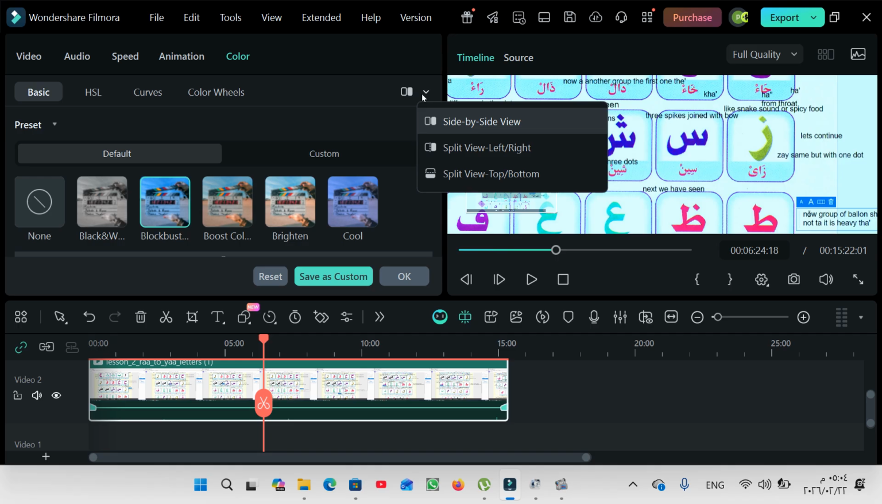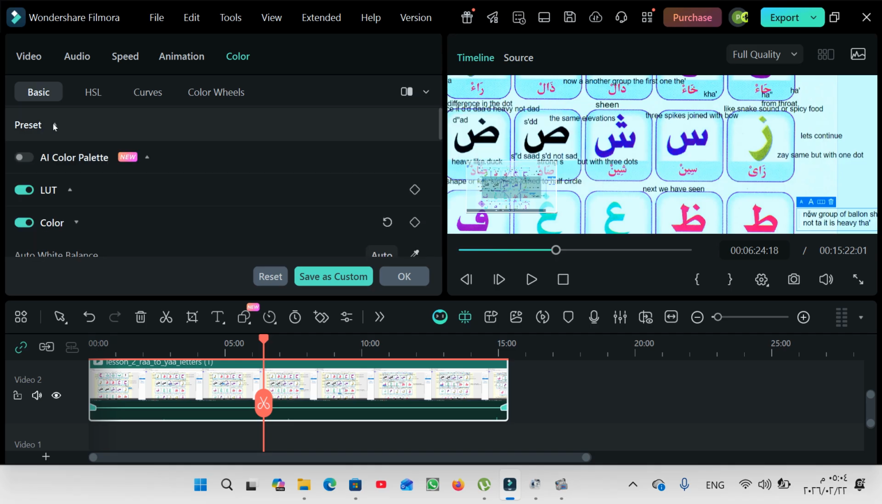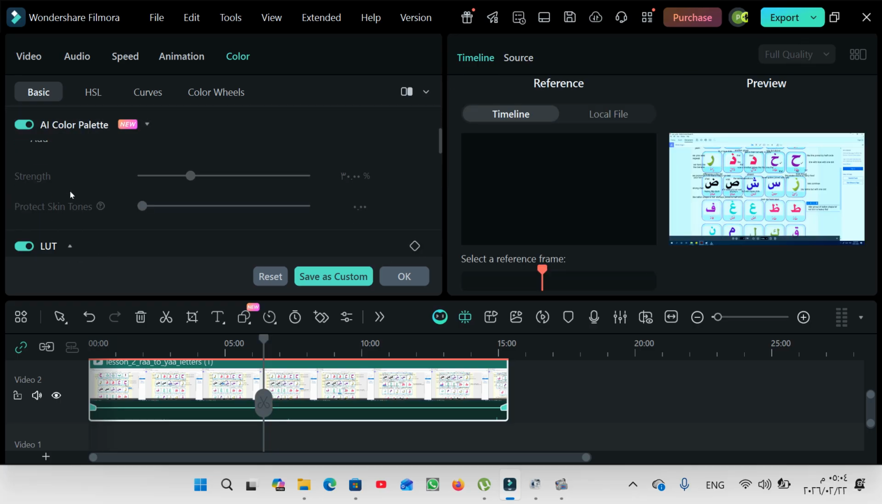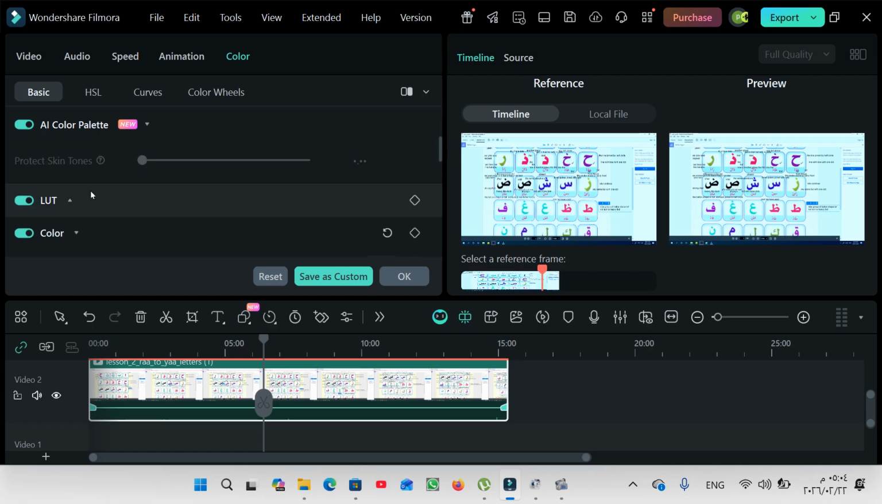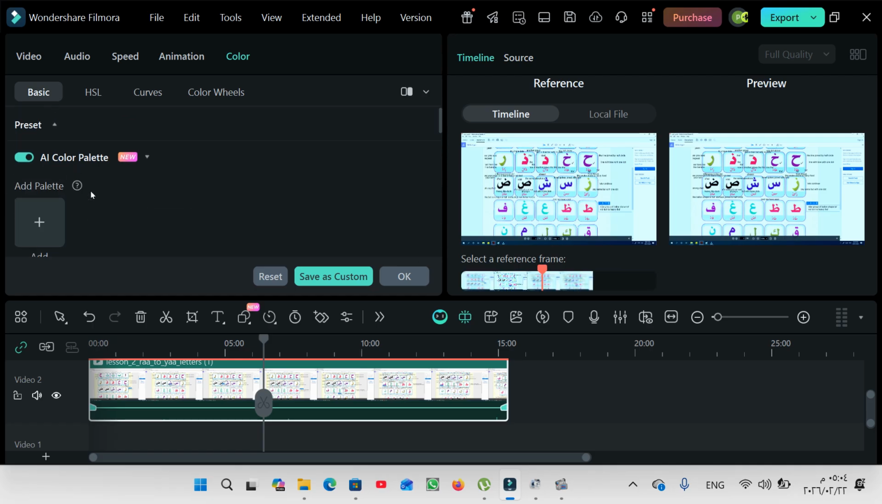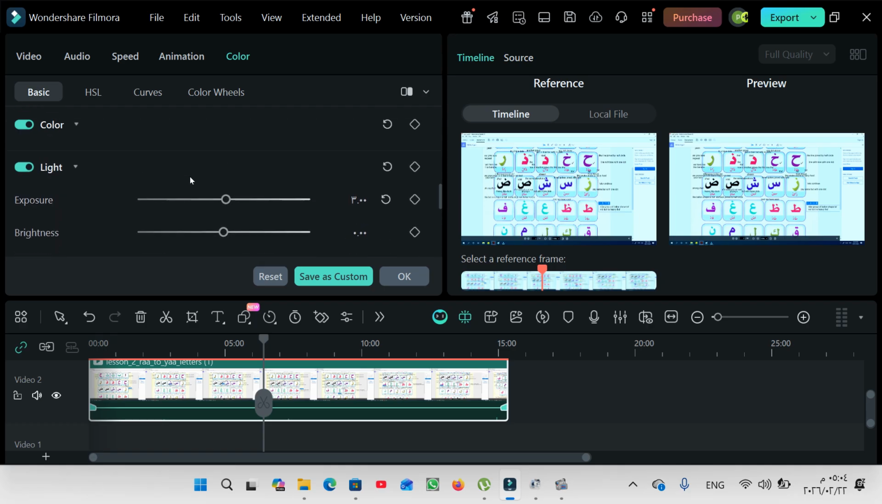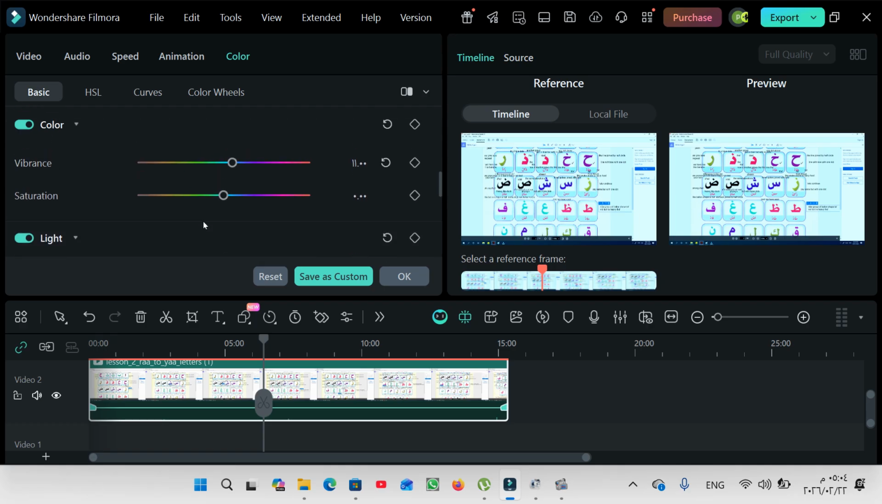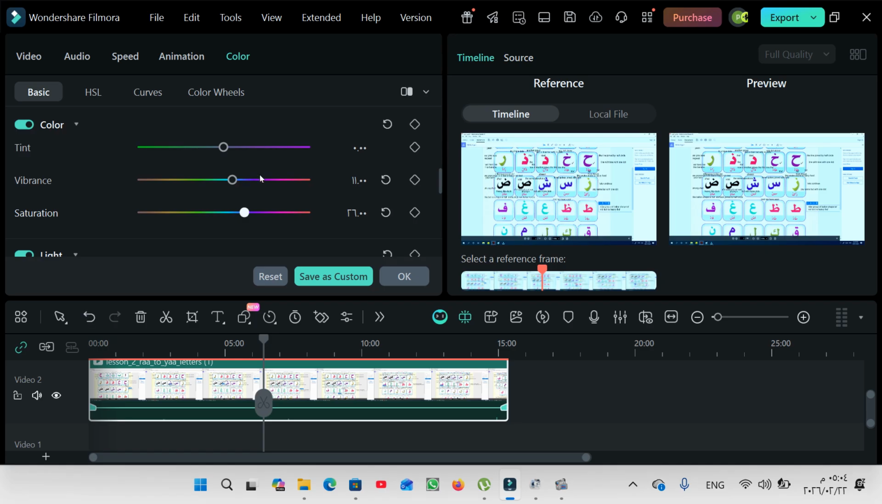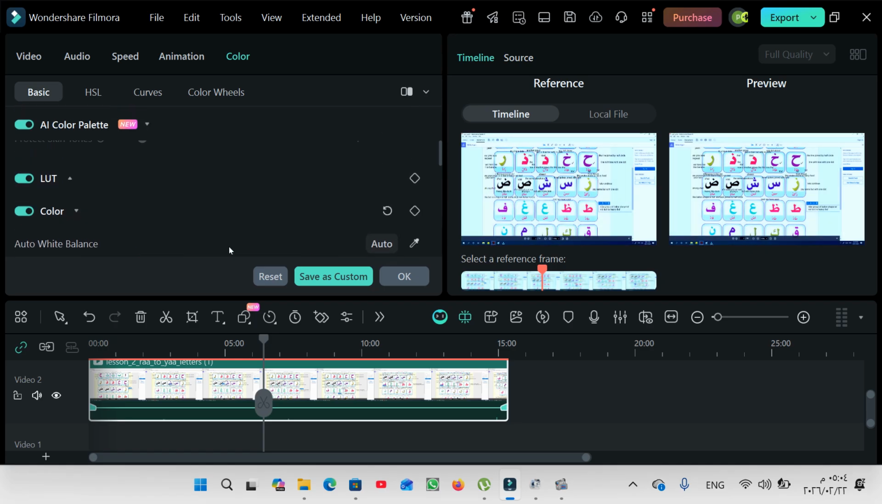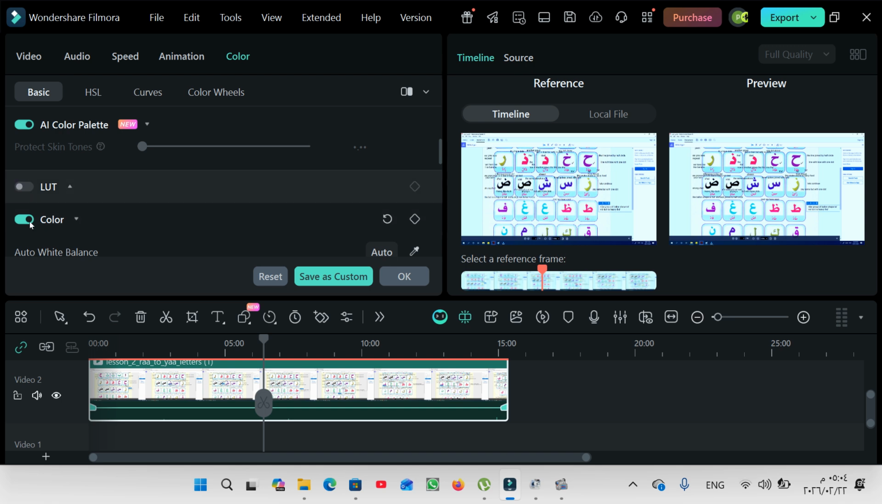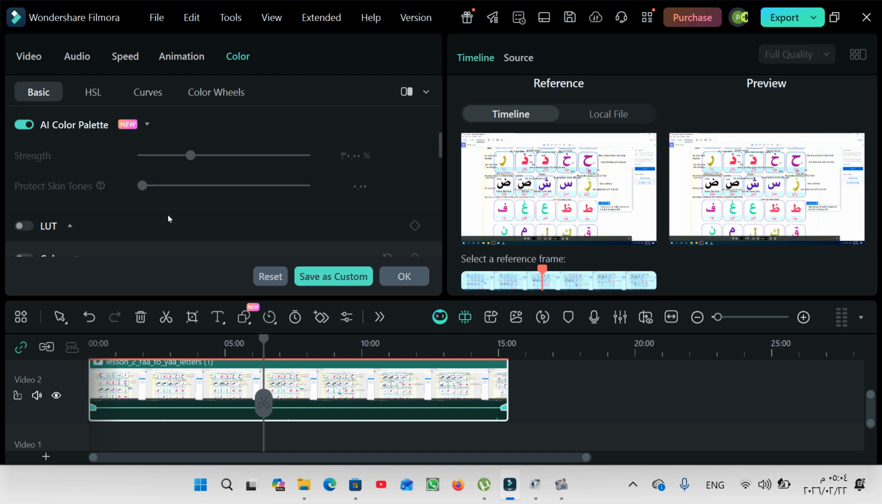You can change the size, and this is the preset. And remember, you can use the AI color palette. And you can change the exposure of the light, the saturation. You can drag it to the side to see the different effects of color correction. You can turn it on or off by pressing,